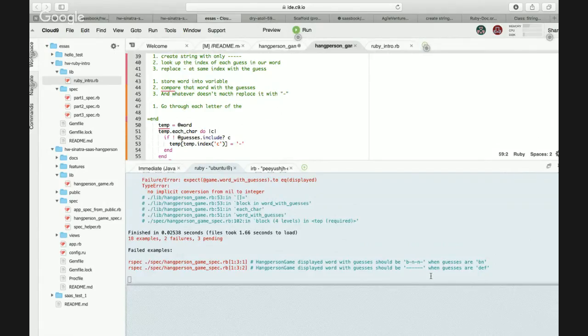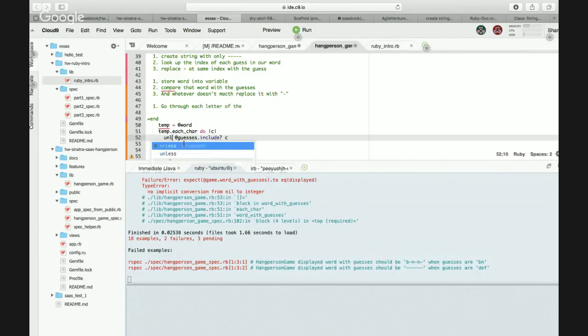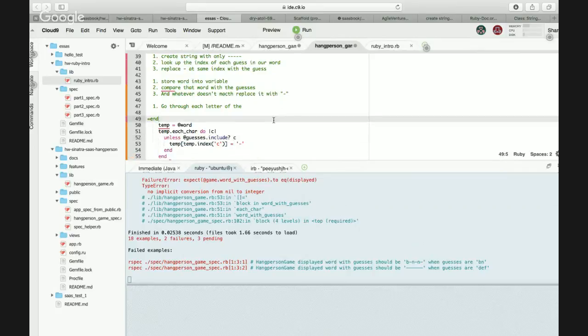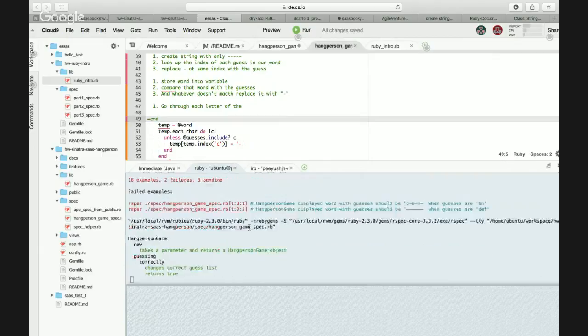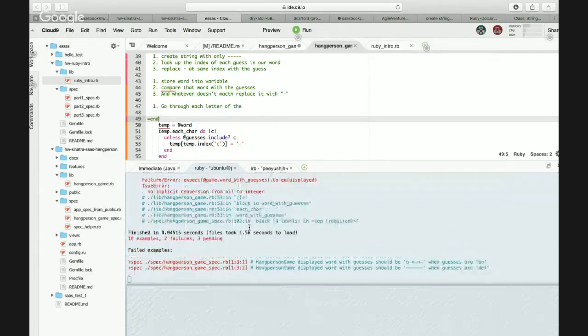I don't know why it's not working at all, it seems. So let's change it to unless. Yeah, we can try your way. Change it to unless. Still not working. Wow.